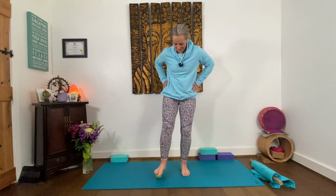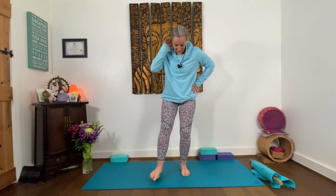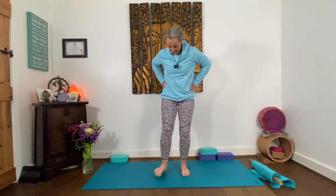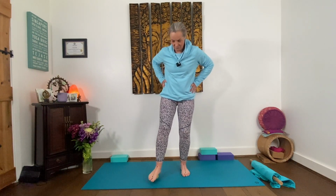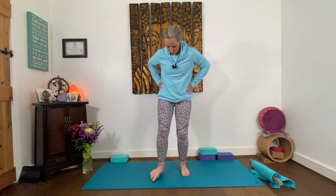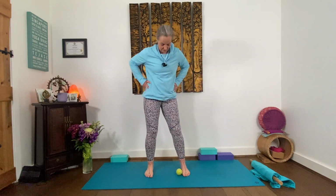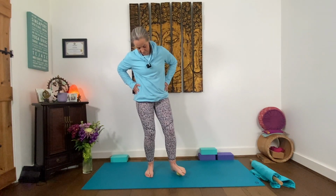It feels kind of nice. It's lovely. I don't suffer from plantar fasciitis or anything, luckily, or tight stuff, but this still feels delicious. Still really good for you after a long walk or something. All right, so that's one foot, and then we're going to do the other foot. So again, starting on the inner edge,